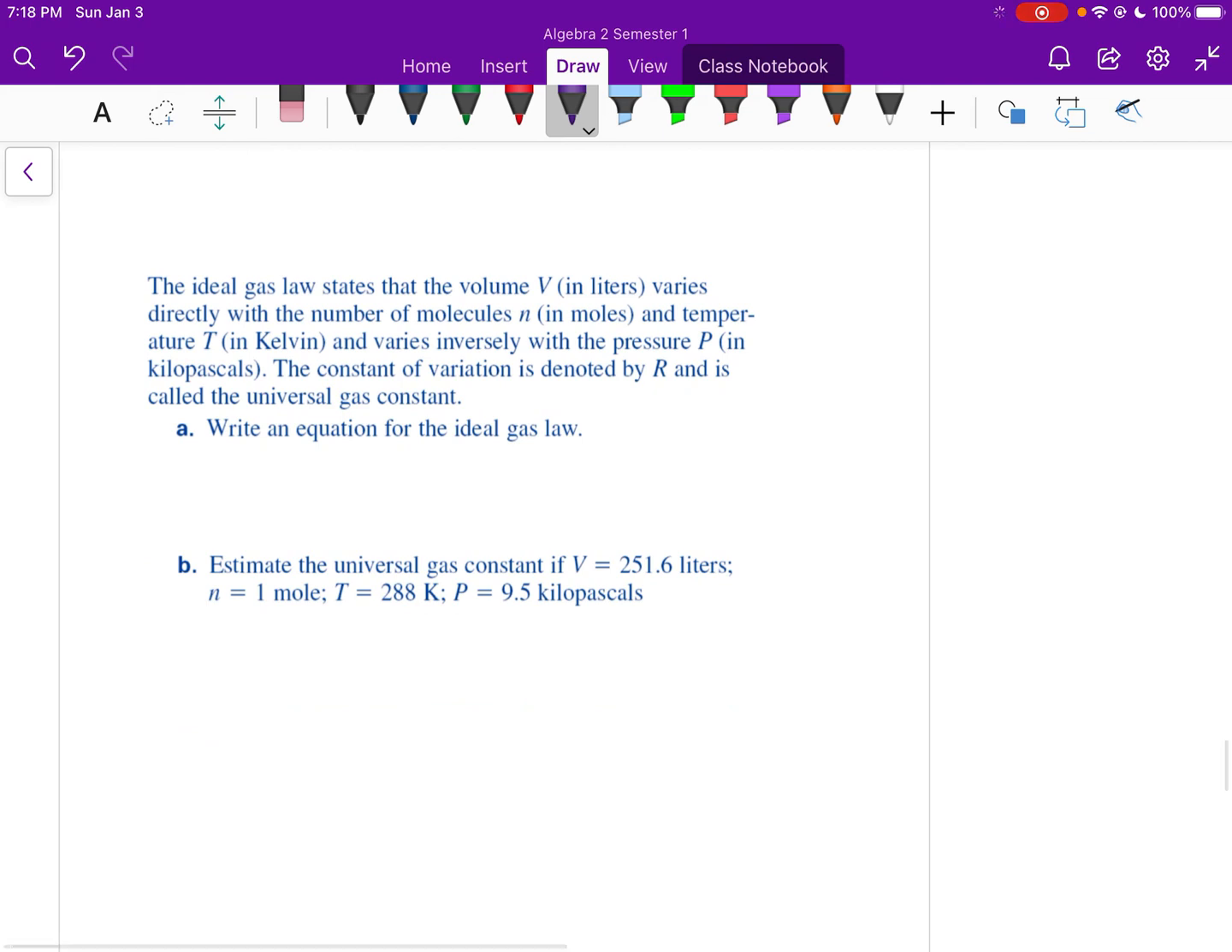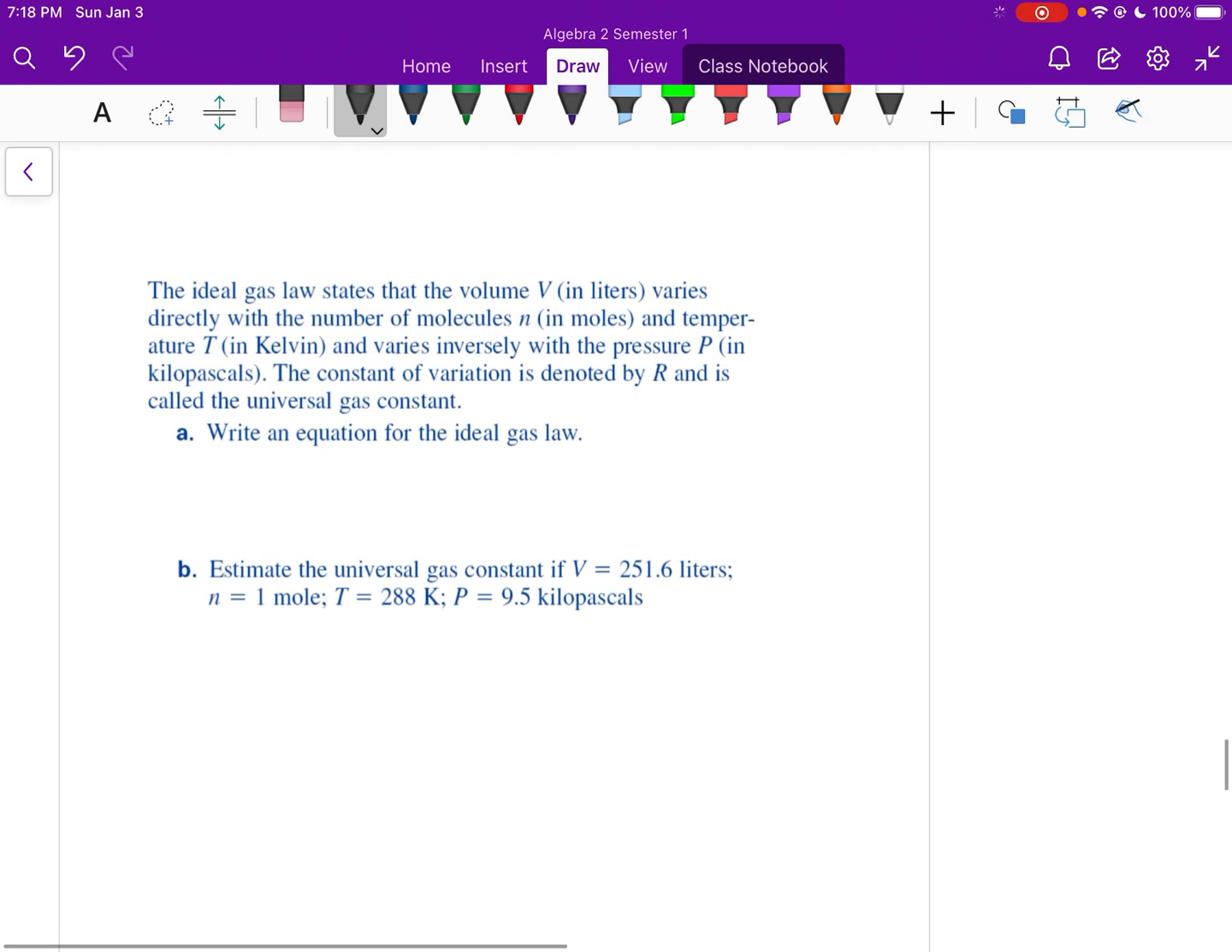We'll do this one. The ideal gas law states that the volume V in liters varies directly with the number of molecules N and temperature T in Kelvin, and varies inversely with the pressure P in kilopascals. The constant of variation is denoted by R and is called the universal gas constant. So again, we're writing this variation. It says the ideal gas law states that the volume V varies, so right there, V equals